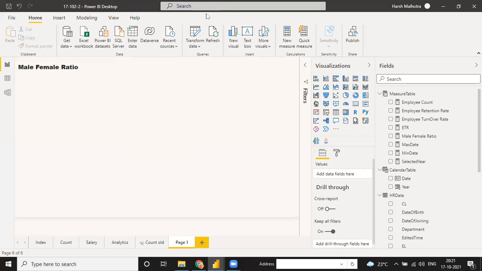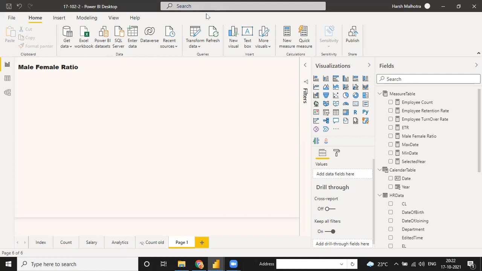But this diversity also you can manage with a percentage, how much male percentage and how much female percentage. That also you can calculate instead of this ratio. So this ratio is actually used if you are doing the financial data. Financial data means, suppose you are working on the whole organization's data, in which you also have an HR data department, sales data. It means your work is to maintain all the Power BI reports of one company, and all the Power BI reports means for all the departments.